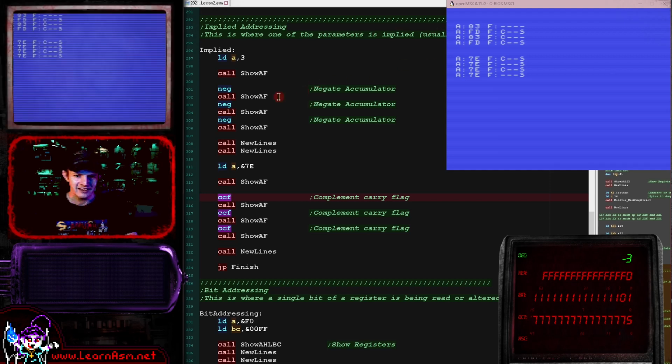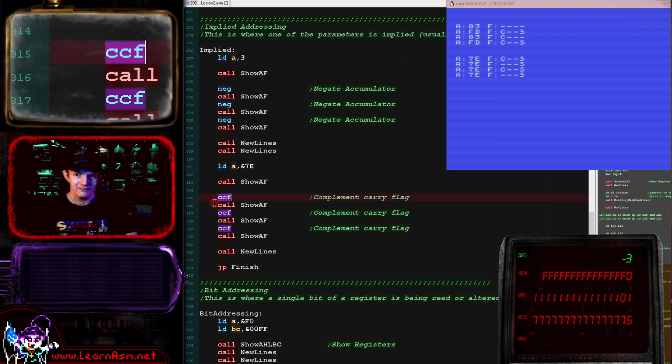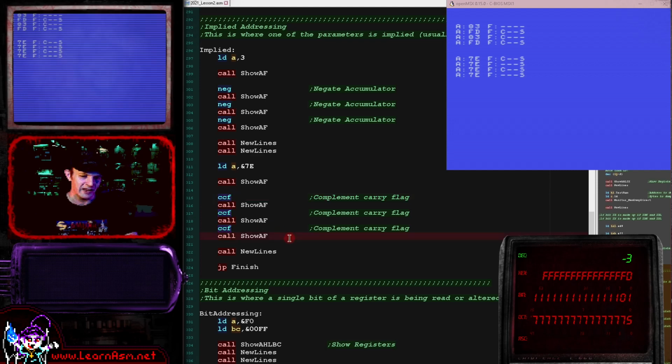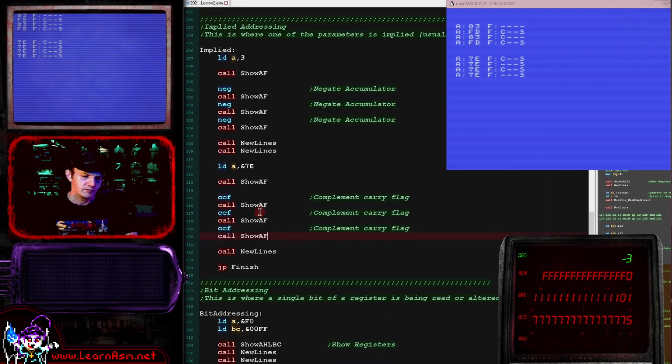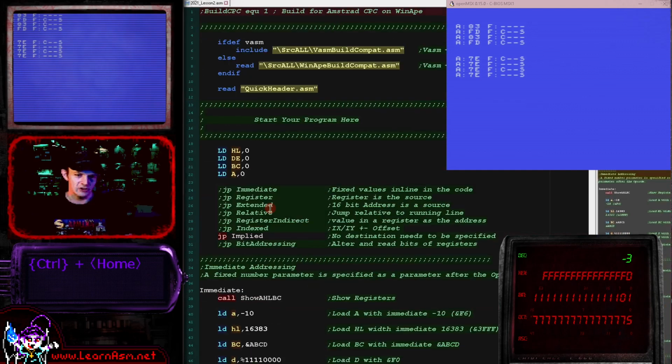In the first NEG command it did, but CCF doesn't use the accumulator. So implied just means that the command always works on that register anyway. The last one we're going to look at is another one that's a bit tricky and not something you're probably going to need to worry about in the early days, but this is again quite an interesting one,